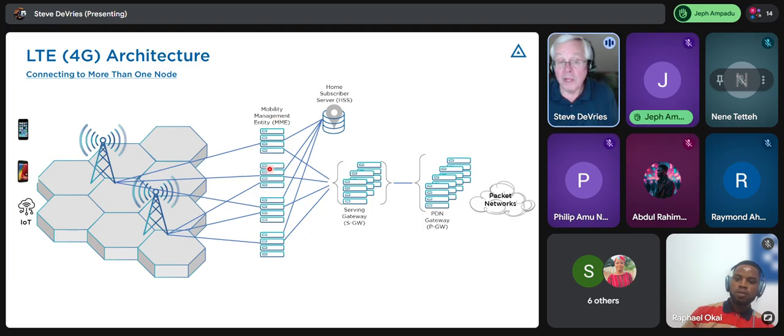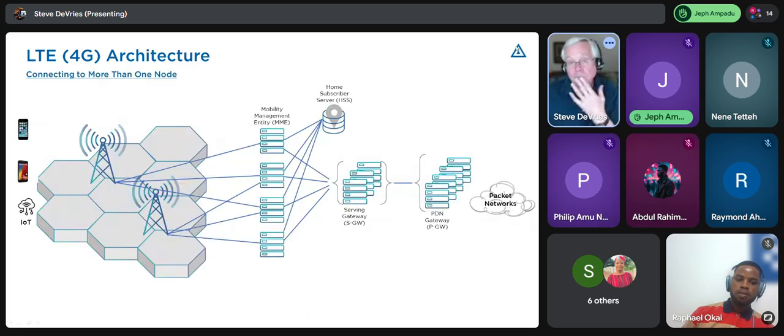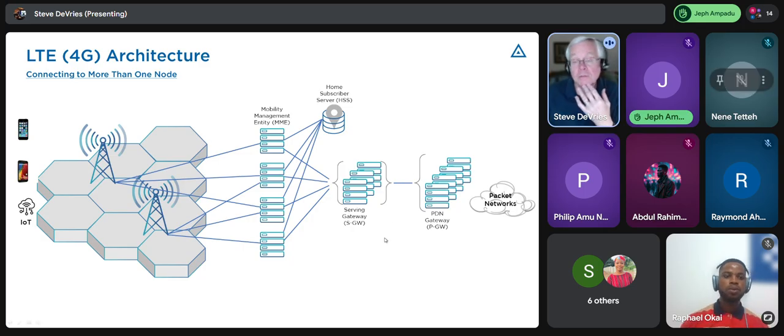But you can have multiple MMEs connected to different cell towers. You can have multiple serving gateways, multiple P gateways, and then of course other networks out here. So the network is going to vary. I don't want you to think it was just one P gateway or one S gateway in the network. Okay? Yeah. Others.